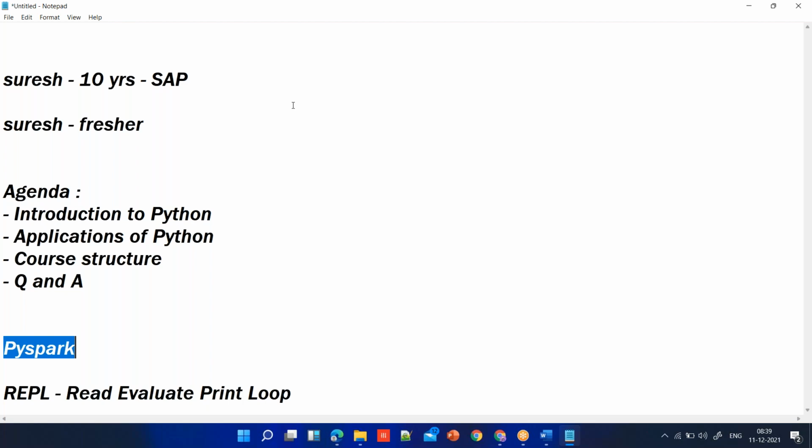And the translators we have talked about are called compilers. If you are using Python, you have a Python compiler. If you are using C, you have a C compiler. If you are using Java, you have a Java compiler. So how does it operate? It converts whatever Python code you have written to machine level code, which can be understood by your computer. Once that code is executed, whatever output you get is converted to the format in which you can understand.